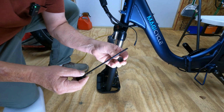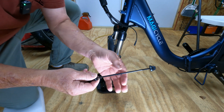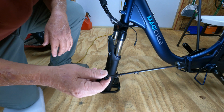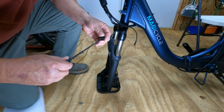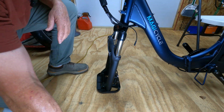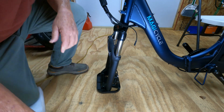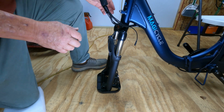Y'all know the routine with these here. When they go back on, this little conical shaped spring right here, the sharp end goes towards the inside of the wheel. Okay. And they call this thing a skewer. I've called it a spear before. I don't think it really matters. But it's got this nice little quick release clamp right here. And I'll show y'all how to get that tightened up. Right now, we can...